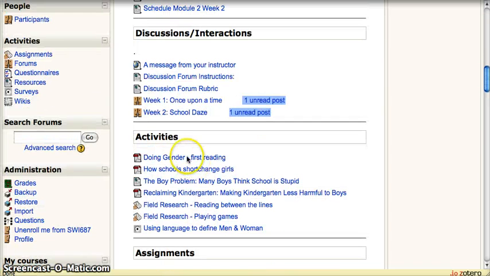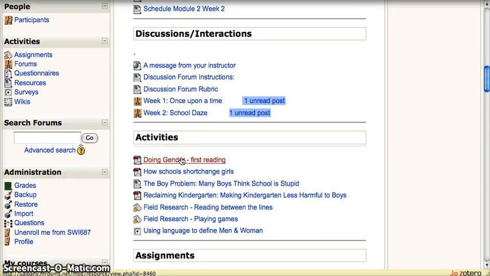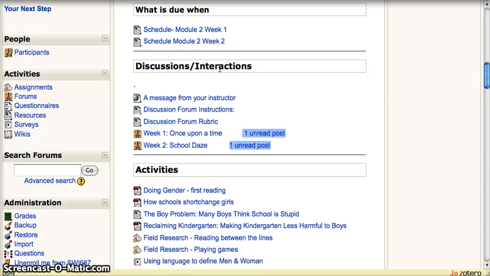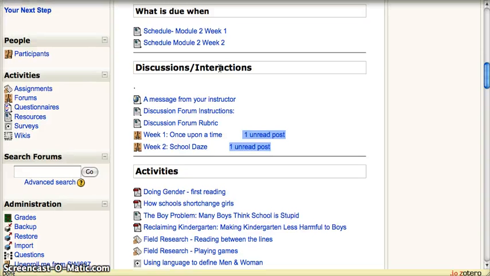Now, what's curious to me is that you have discussion before activities, but it seems to me that you would have them read first before doing the discussion, and so I don't understand why you are organizing your content functionally instead of in a more sequential and integrated manner. It just seems awkward and out of sequence and confusing.